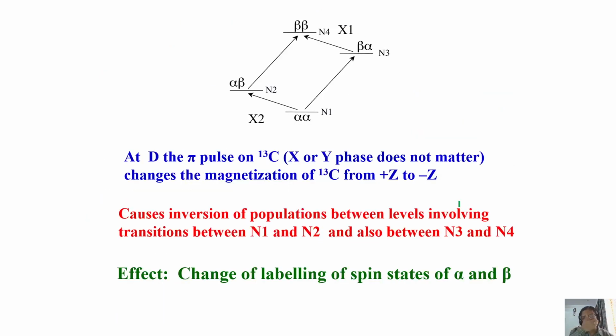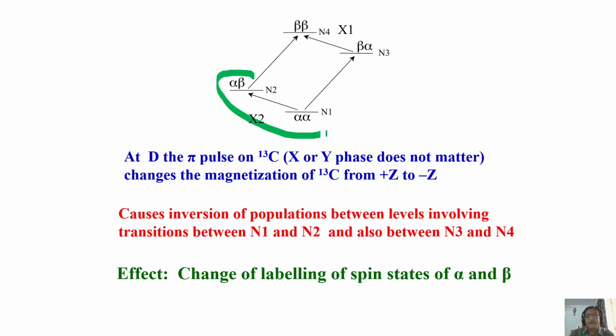So now at the same time we apply a pi pulse on carbon 13. What is happening to the pi pulse on carbon 13? Now we have not chosen any particular resonance, one particular peak. So we are applying a pi pulse. I don't know which phase you are going to apply. It does not matter. What will happen? You are inverting the